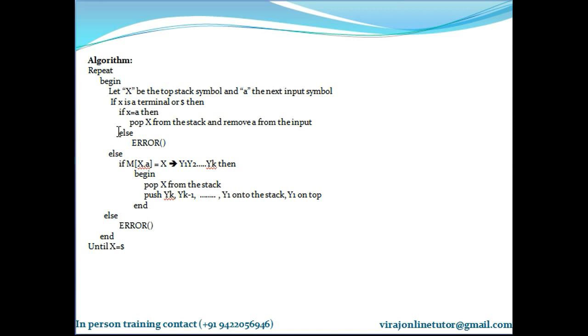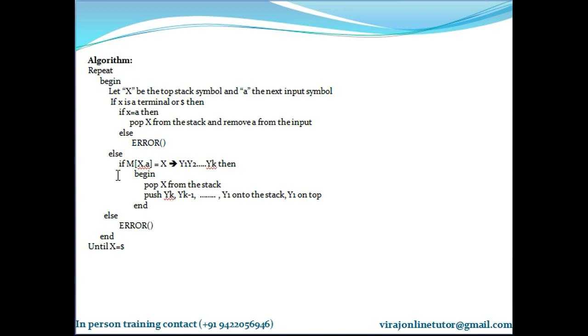So if the topmost element of the stack is a terminal, check whether it matches the input character. If it matches, great, cancel them off: pop that element from the stack and also increment the input pointer.